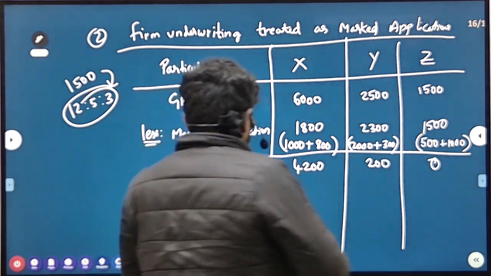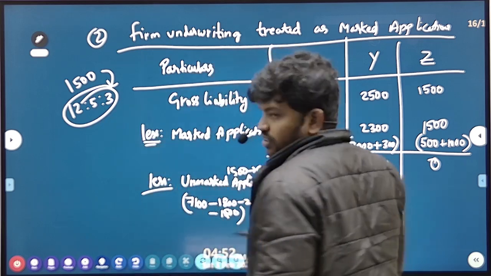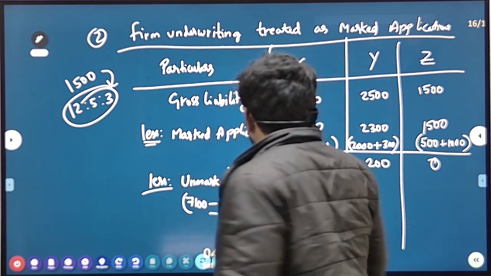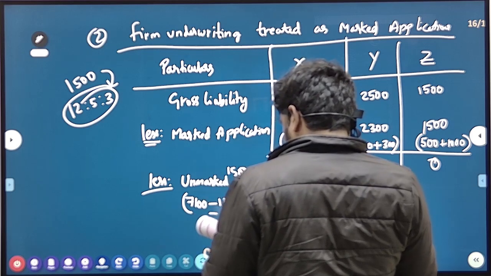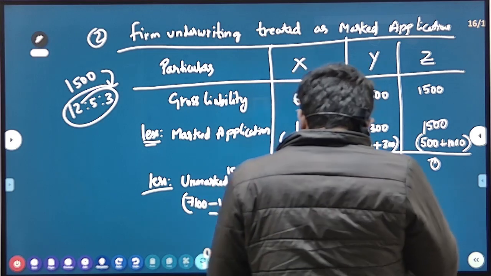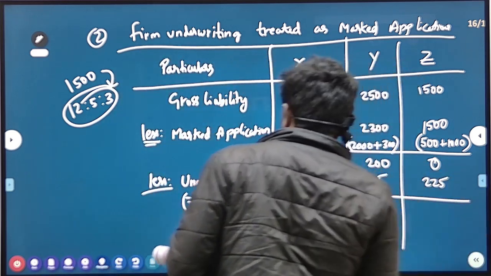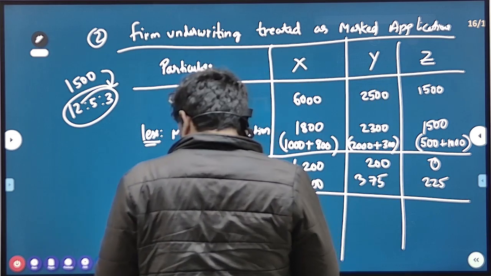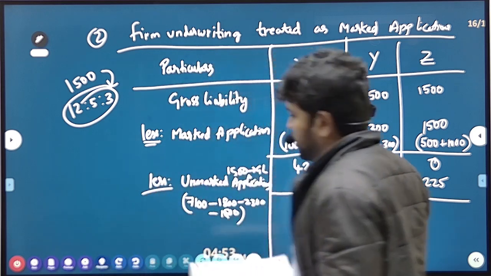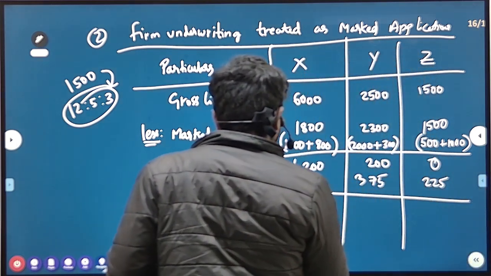कितना हुआ? 900 इंटू 5 करो, 375। वेरी गुड, नेक्स्ट। सॉरी, 225 इंटू 3 ना? हाँ, नेक्स्ट। बैलेंस कितना है? 4200 माइनस 900, 3300। वेरी गुड, नेक्स्ट।